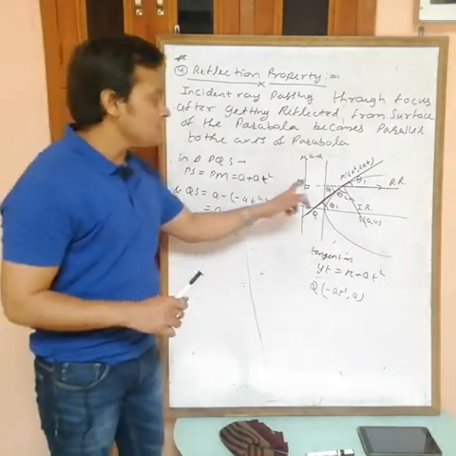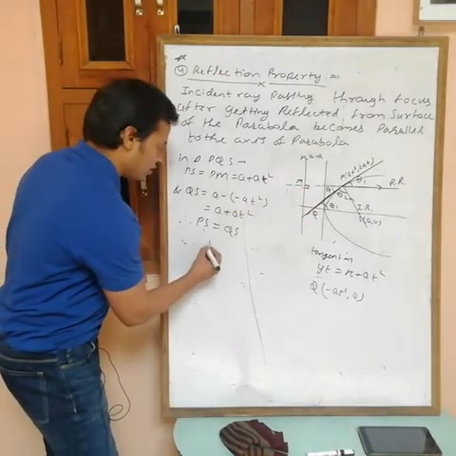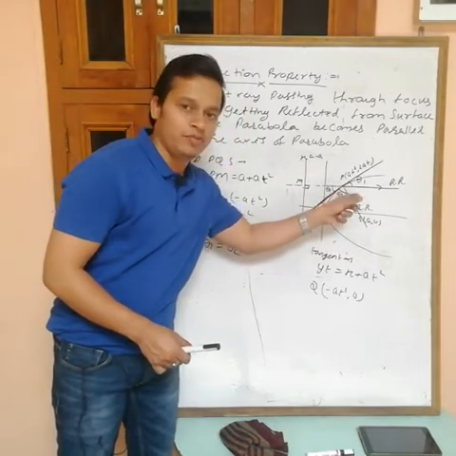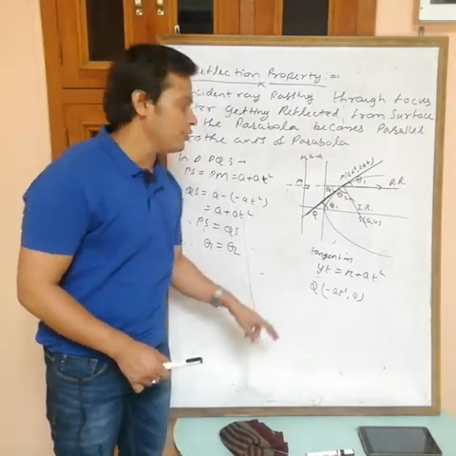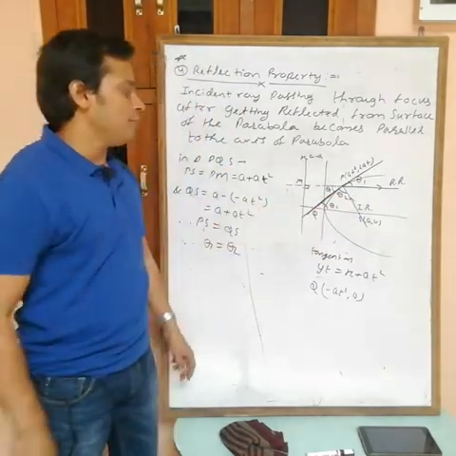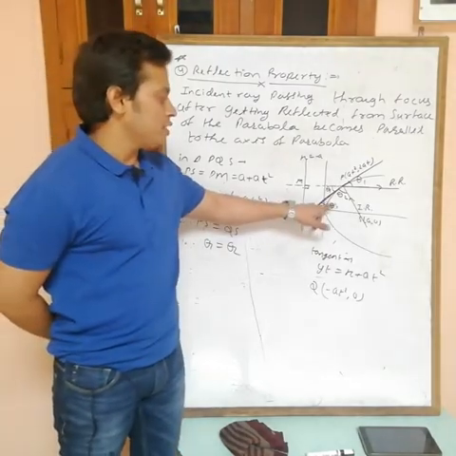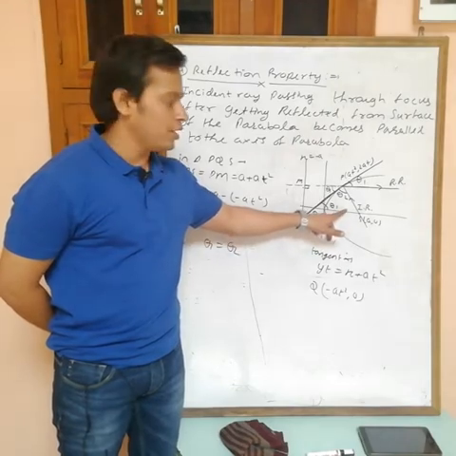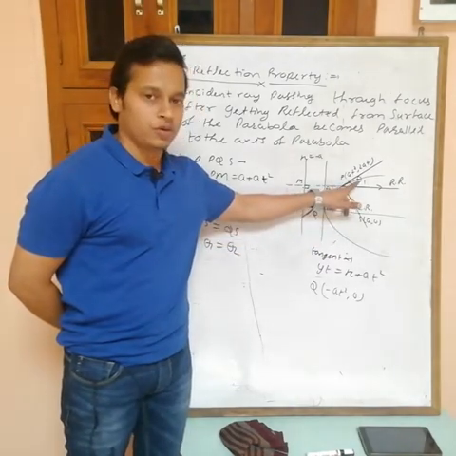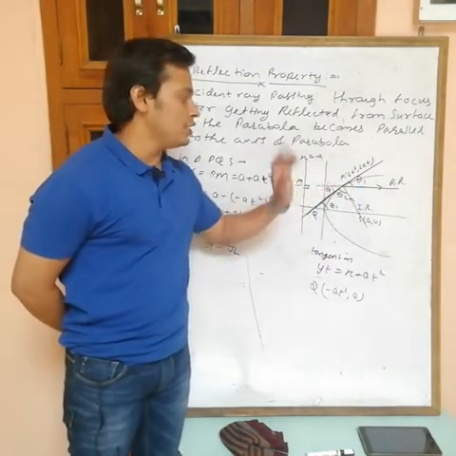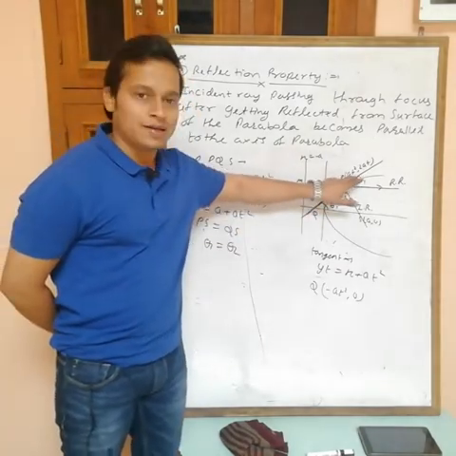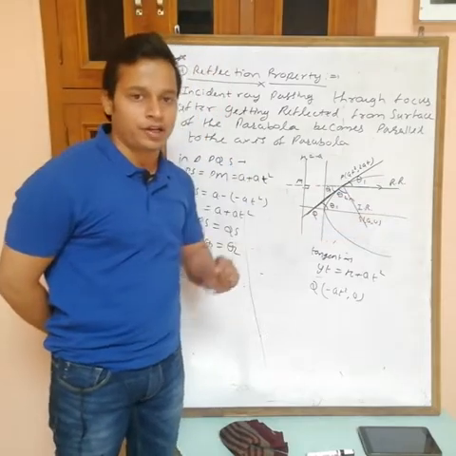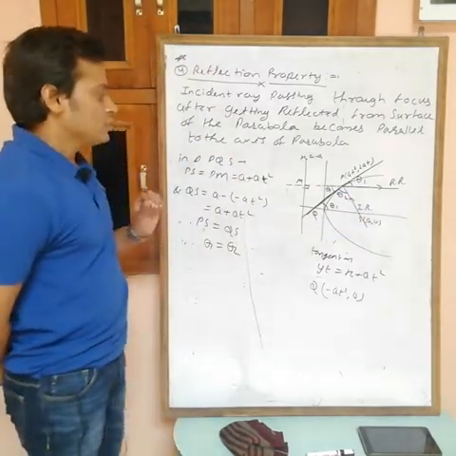If PS is equal to QS, then theta 1 is equal to theta. If these two sides are the same, then the opposite angles are also the same. So theta 1 equals theta. Now this angle is equal to this one, and this is equal to this one by alternate angles, and this angle is equal to this one. It means theta 2 equals theta 1. If these two angles are the same, then I can say that if one is the incident ray, then the other will be the reflected ray. So simple.